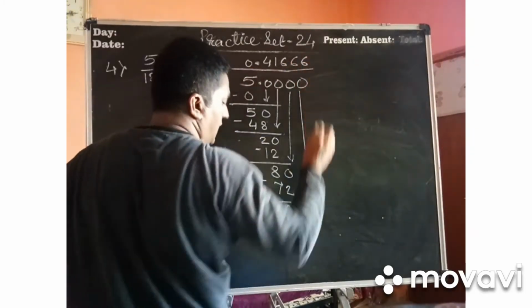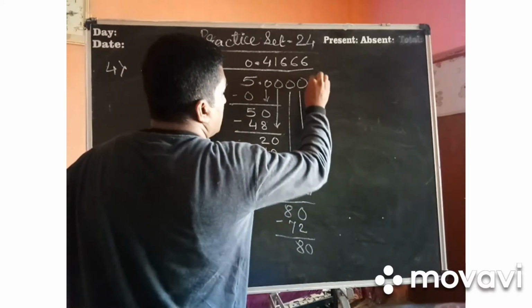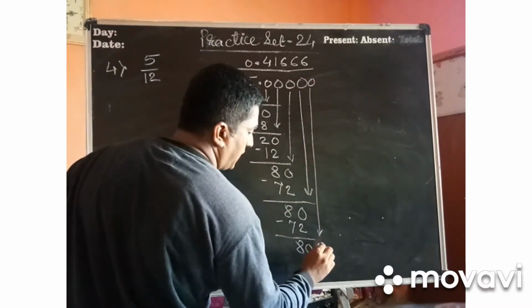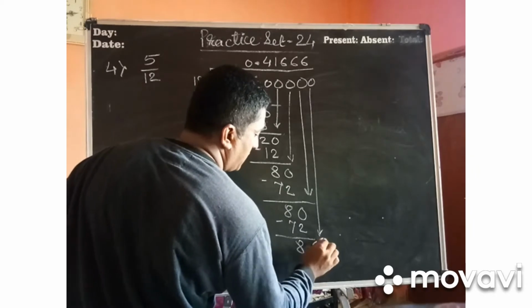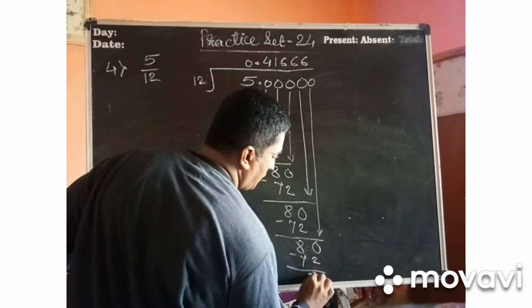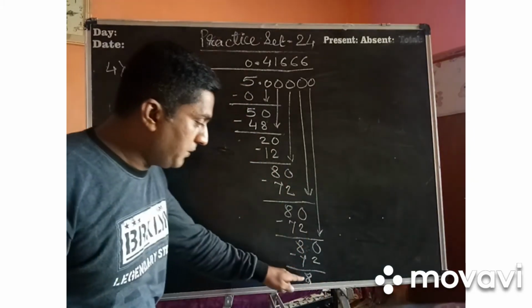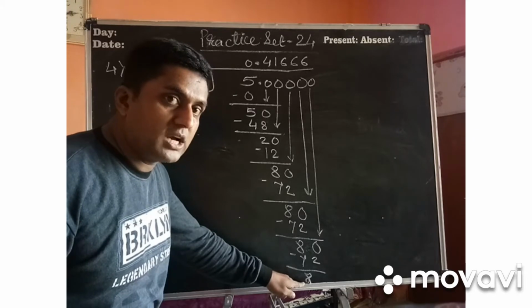12 6s are, here 0 is there, see, and here 0 is there. I have taken it. Okay, now this 0 has obviously come here. So 12 6s are 72, and one more, how much? 8 has come here. See, if you are able to notice on my blackboard, at the end the remainder has come 0.